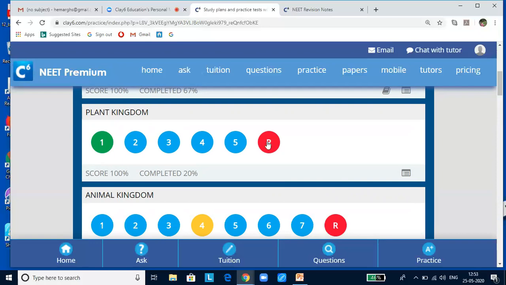And here you find the red bubble, which is a randomized test. So if you want to have a quick revision, you can just go to this, wherein all the questions are randomly asked so that you can ensure that all your concepts are right. Now I hope you have got to know how to navigate through the website.